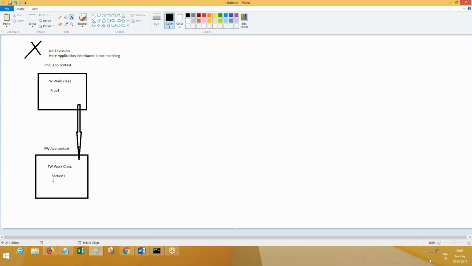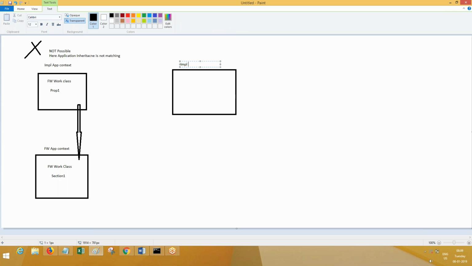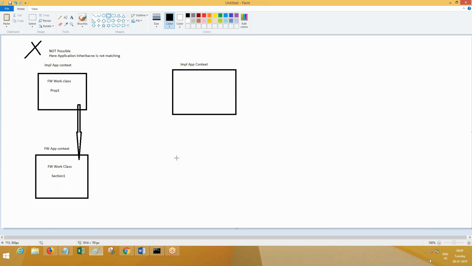If I do it in reverse, arrow mark means property here in the framework class, section there. Let me write down the same again. So here you go. This is implementation application context, IMPL app context, and here you go with the other one.